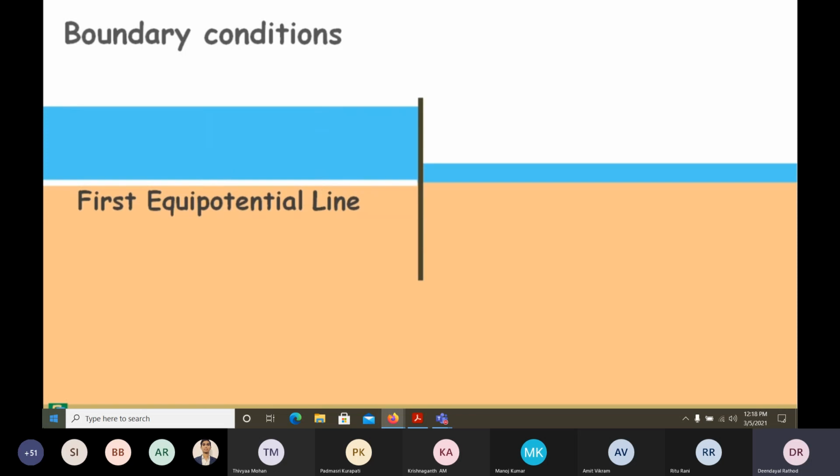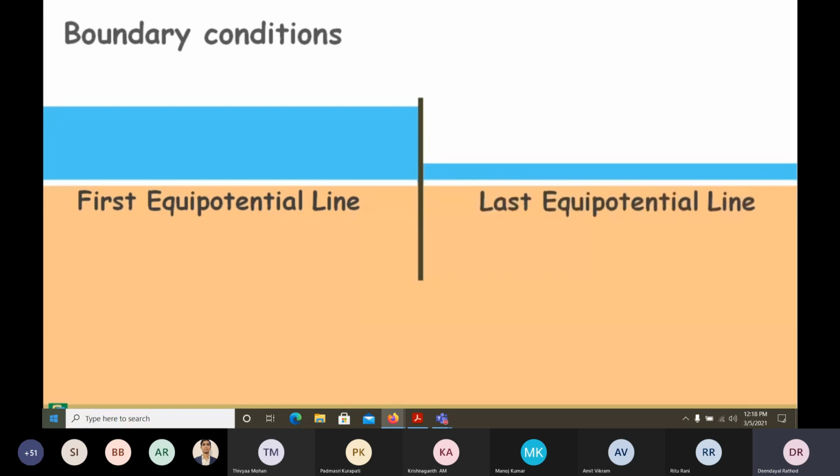Second boundary condition is similar, and that is the downstream surface. It is the last equipotential line of our flow net. The third boundary condition is this sheet pile. Water molecules cannot cross the sheet. It flows from this point vertically downward, and after crossing the sheet pile, it will vertically ascend. This line is also tracing the flow path of the molecule, so this boundary, if we name it ABC, is a flow line.